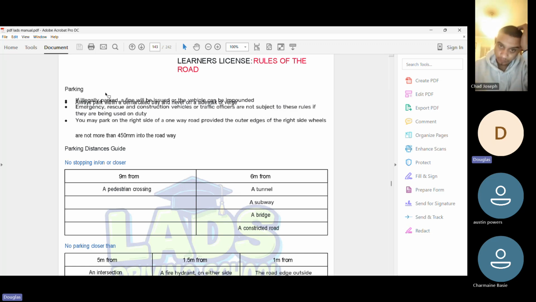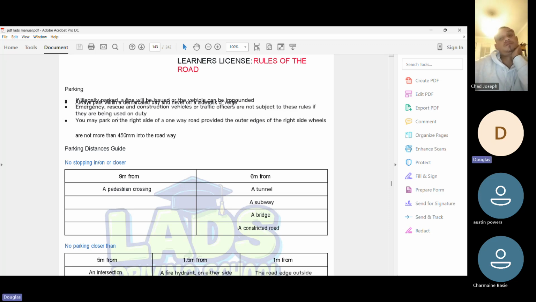So these rules don't apply to you. But if you're a normal car and a normal driver, you're not allowed to park on the edge of the road. You're not allowed to park on the sidewalk. You're not allowed to park on the edge of the road or in a place where parking is not allowed. Okay? You may park